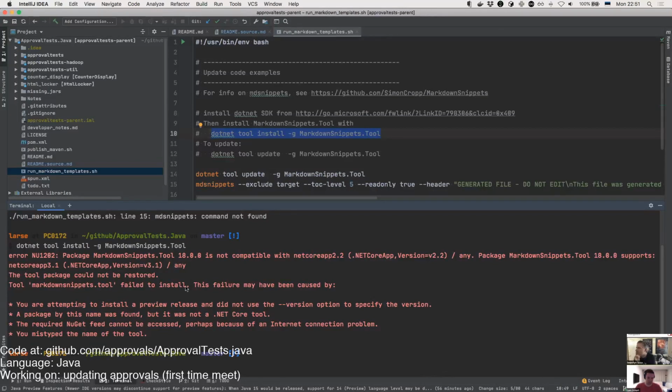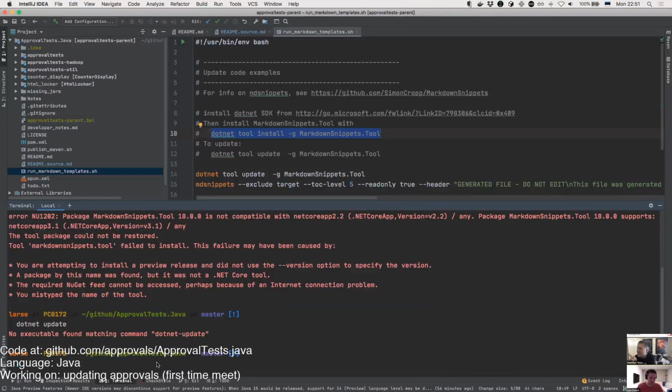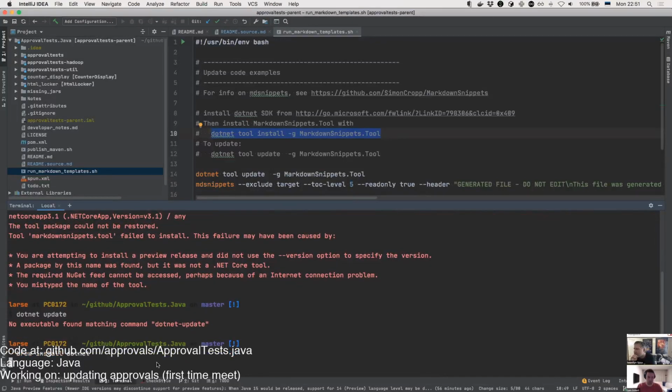Can you update your .NET? Yeah, I think you have to do this actually. You might be able to do it with yarn, but yarn brew. Yeah.